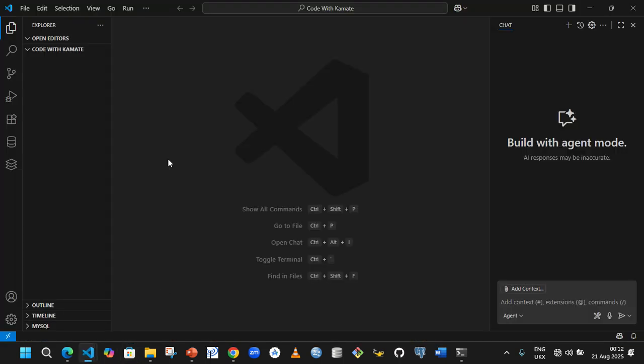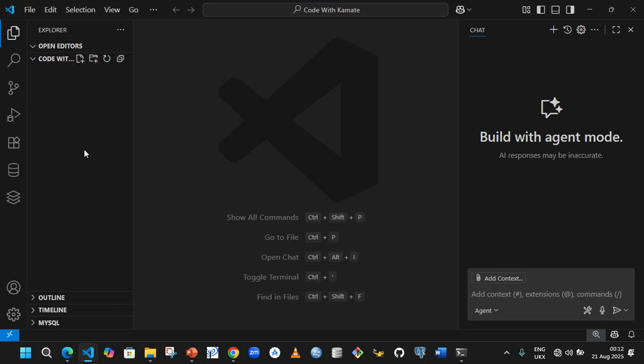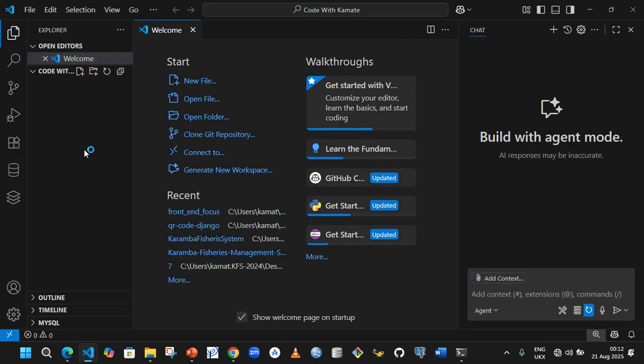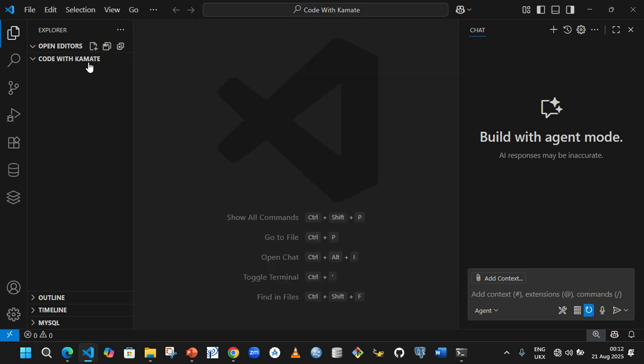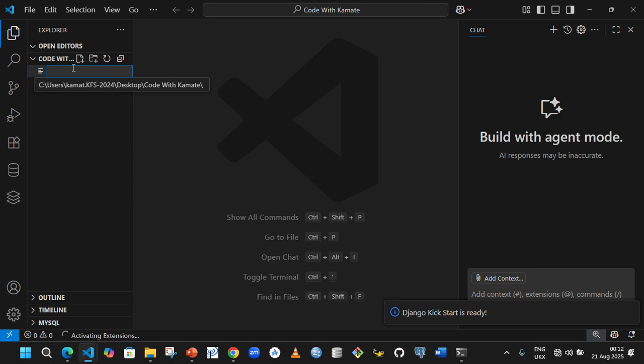Having opened this, you can see that it is now open. We can always use Control and the plus sign to increase font size, or the minus to reduce font size. These shortcuts are very important when you are writing code. So this is our folder, and within our folder we are going to create a file. We can just call it